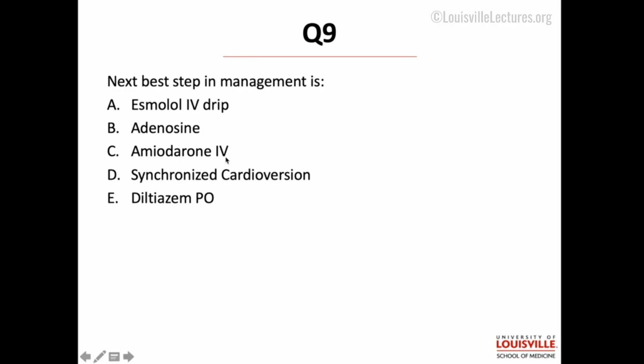Adenosine is only going to interrupt AV conduction, but that is not going to help us with interrupting the AFib. So that's the wrong choice. And IV amiodarone, although we do that when someone is persistable and has a little bit of blood pressure to work with, I gave you no choice in this question, but to know that she's unstable and needs immediate cardioversion.